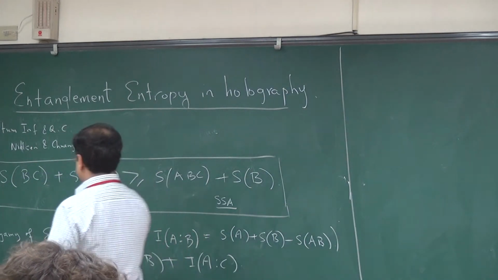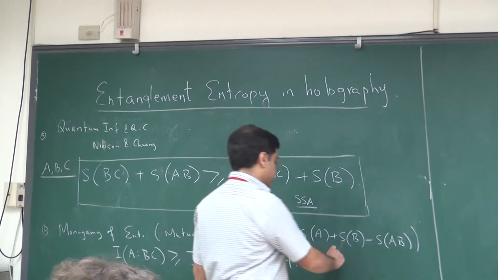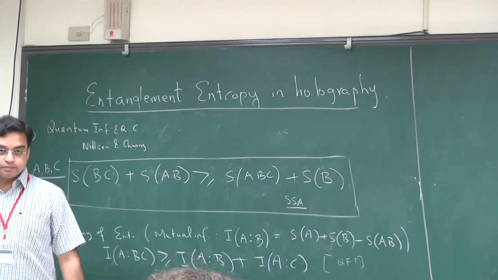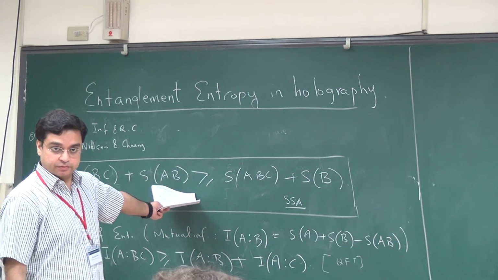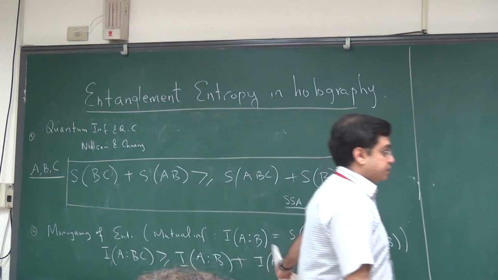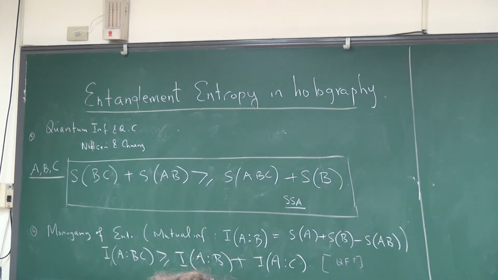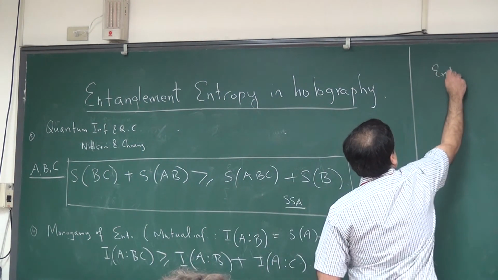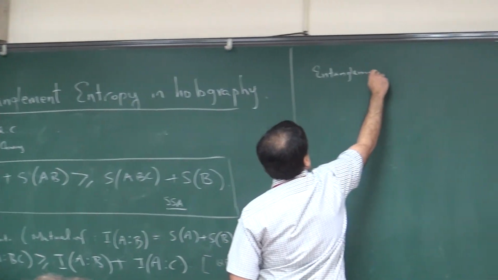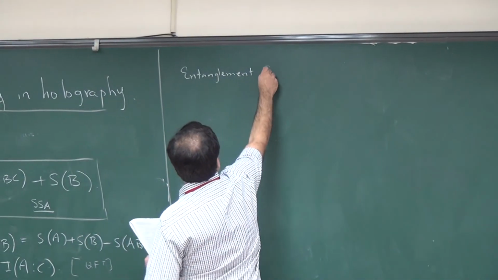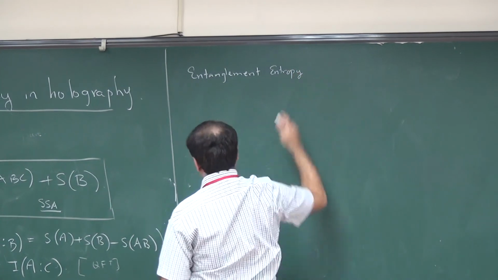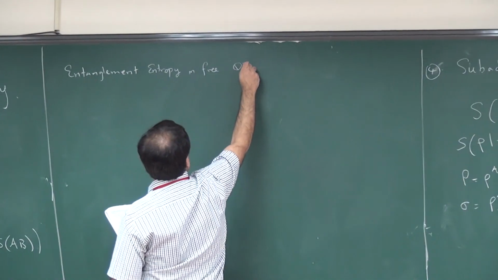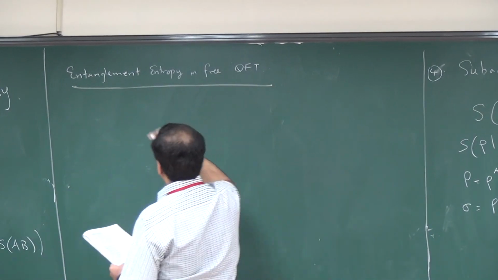Except that, as I said, the status of this monogamy of entanglement in quantum field theory is not clear, because there are examples in quantum field theory where we don't know. Anyhow, let me tell you how entanglement entropy is calculated in free quantum field theory. This is just background still. I won't be using any of this, but it is to set up what it means to apply the replica trick and where the difficulties arise. That will become clear through this example. So, entanglement entropy in free quantum field